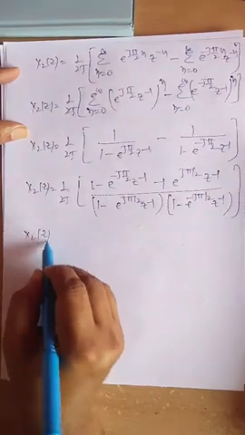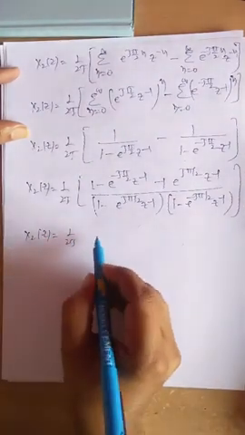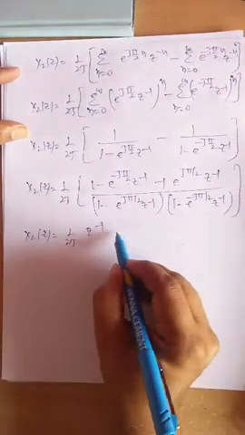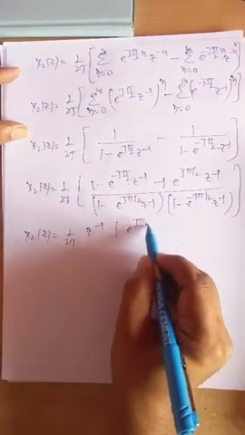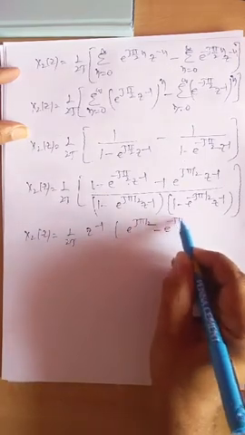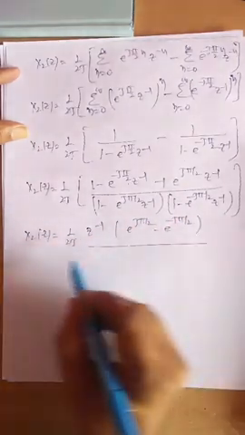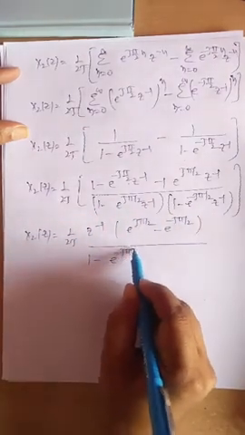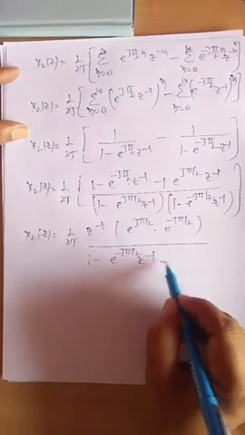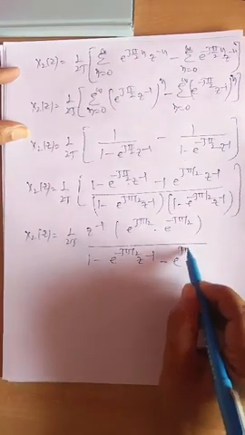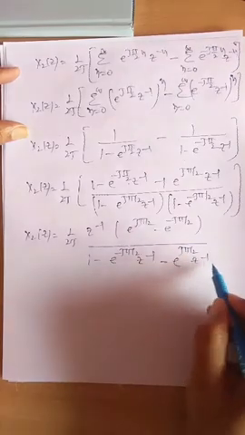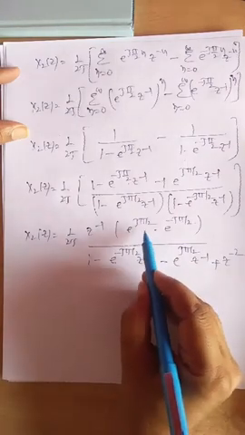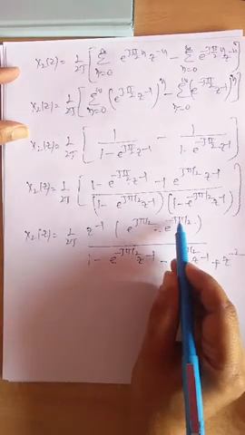That is X2 of z is equal to 1 by 2j. In these two terms, z inverse is common, you will get e to the power of j pi by 2 minus e to the power of minus j pi by 2, whole divided by, multiply these two, you will get 1 minus e to the power of minus j pi by 2 into z inverse minus e to the power of j pi by 2 into z inverse, minus of minus will become plus, into z to the power of minus 2. Numerator e to the power of j theta minus e to the power of minus j theta divided by 2j,